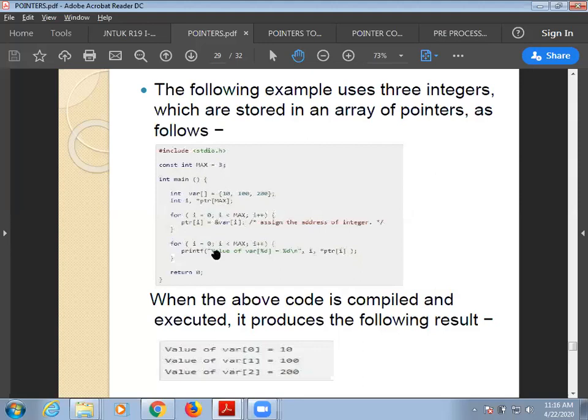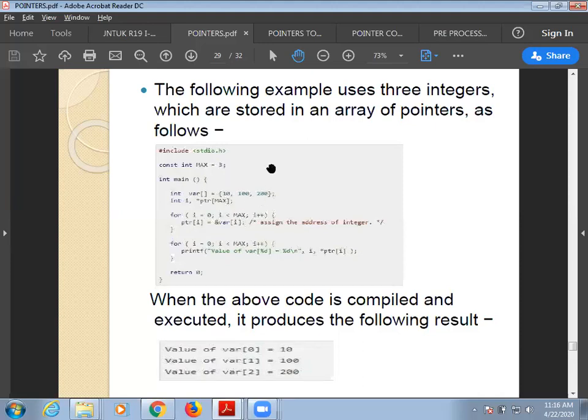I am assigning ptr of 0 with var of 0. That is, ptr of 0 will point to the first element in array var. Ptr of 1 will point to the second element in var. So I am writing ptr of i is equal to address of var of i. Ptr of 0 will point to the first element, ptr of 1 to the second element, ptr of 2 to the third element.